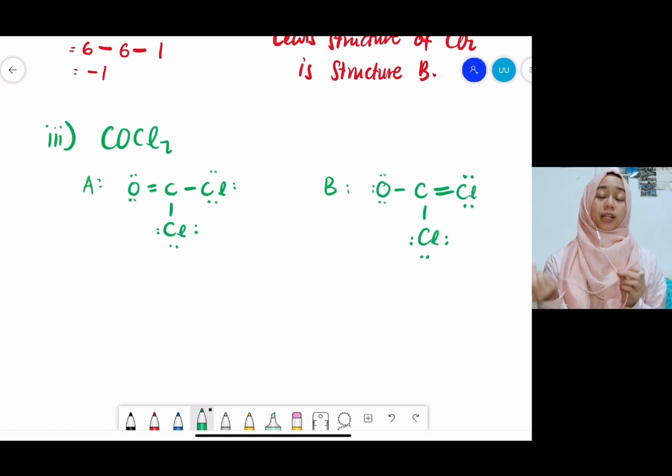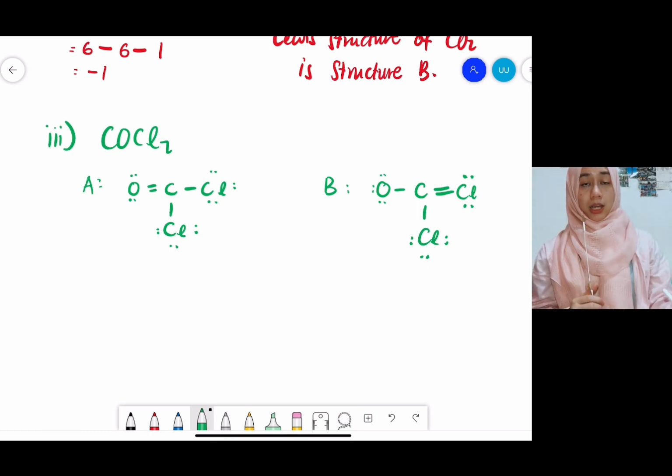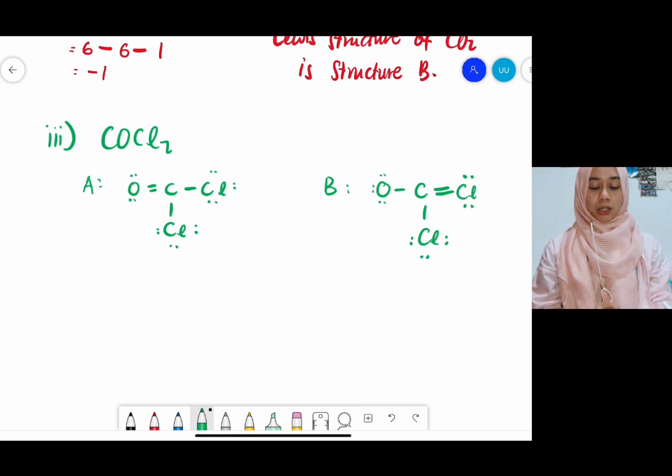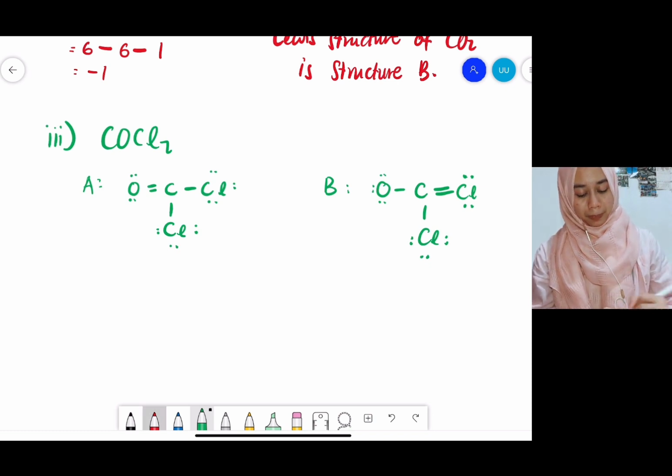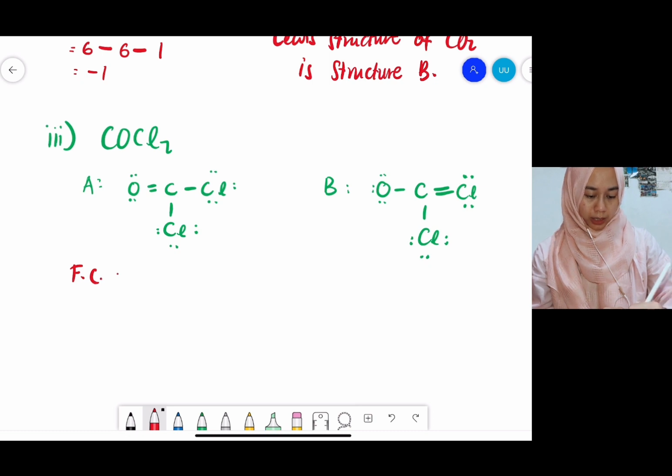So now kita kena try figure out which one adalah the most plausible Lewis structure. Okay, adakah structure A ataupun structure B? So untuk structure A, kita kira dahulu dia punya formal charge untuk setiap satu atom. So in this case kita ada 2 Cl kan, tapi 2 Cl tersebut dia tak ada beza lah. Kenapa tak ada beza? Sebab dua-dua Cl tersebut dia ada 3 lone pair, 1 bonding pair. So tak perlu bezakan. Okay, so formal charge untuk carbon